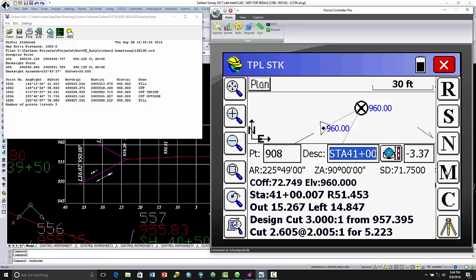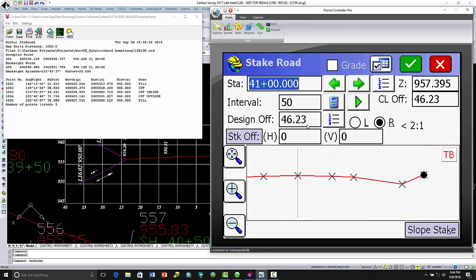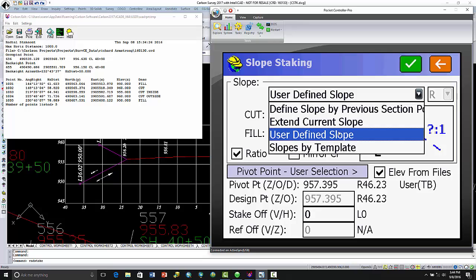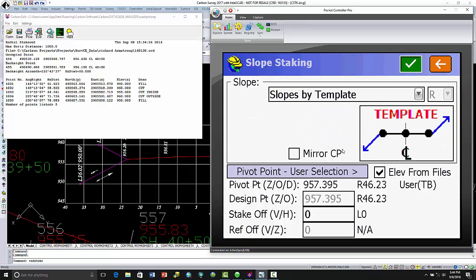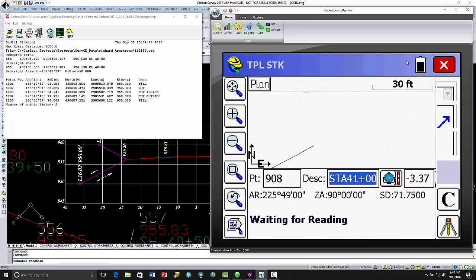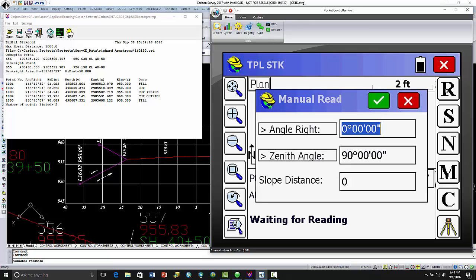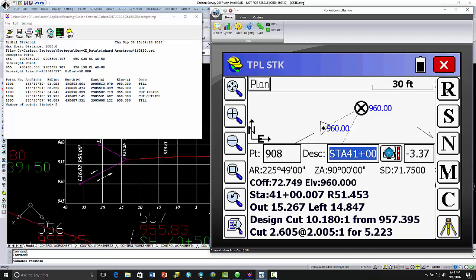So we're going to go back to menu, and we're going to do what? We're going to stay at 4100. We're going to pick slope stake. We're going to do what? We're going to switch to slopes by template. Pick the green button, and we're going to hit read and just put in the same information before. 49, and enter, 71.75, enter, and